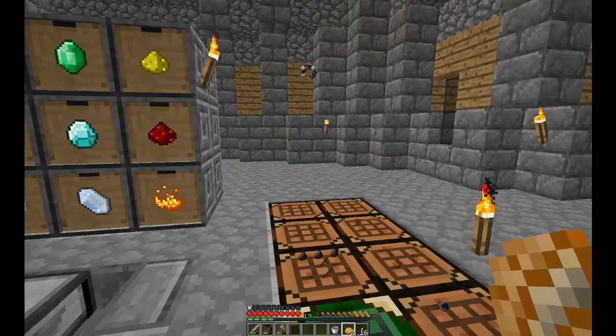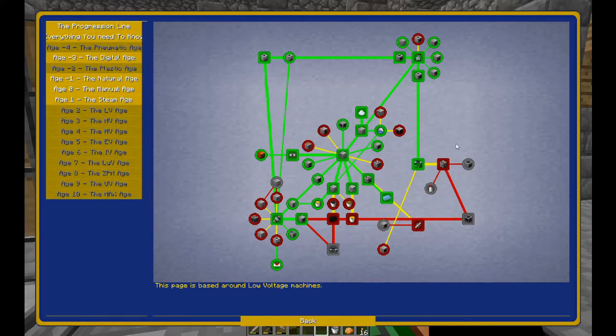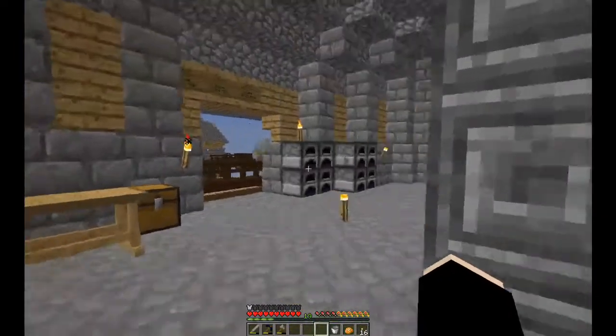Now the robot arm is going to help me get the assembler. I think it's actually part of the assembler. And you can see the basic assembly machine is now opened. The air collector is still locked behind that. LV, basic screw, because there's another, right? There's also the circuit assembler, which I think is going to help us with a lot of this circuitry. Well, anyway, basic assembly machine, but I also want to work on getting the rubber, and for that,